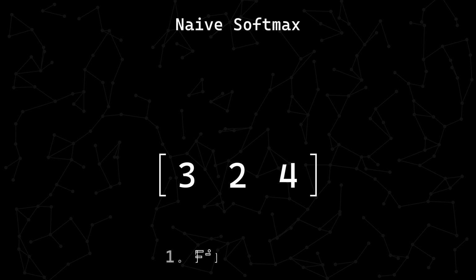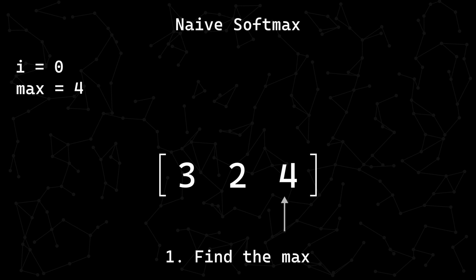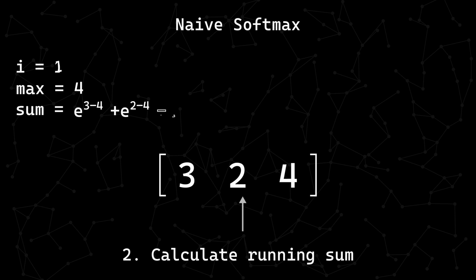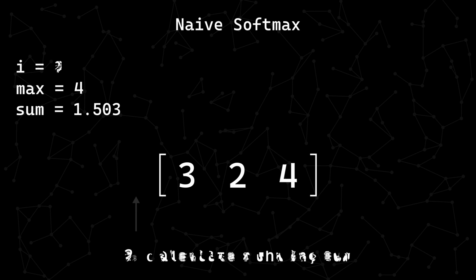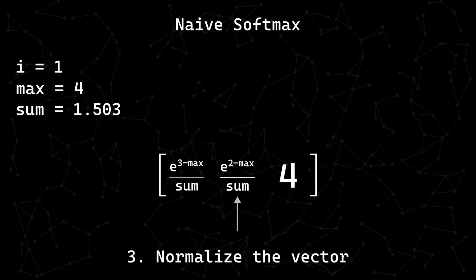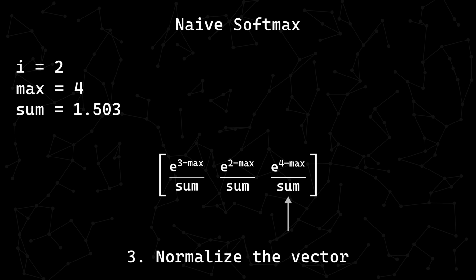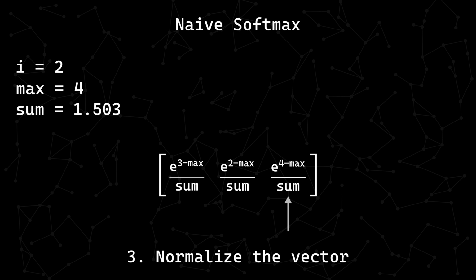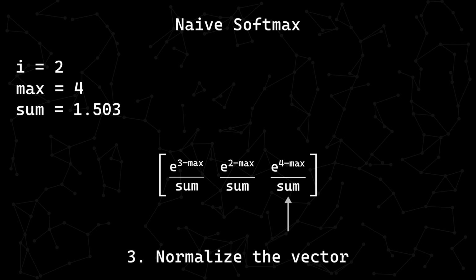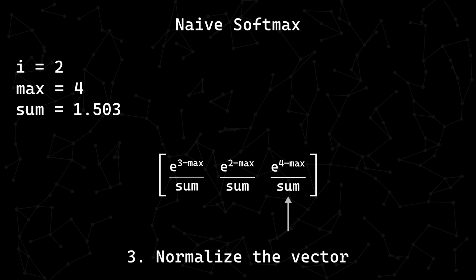So a naive implementation of this new formula requires 3 passes of our input data. 1 to get the max of the input vector, 2nd to calculate the sum in the denominator, which requires us knowing the max, and 3rd to actually divide each element by the calculated sum. This is not good. Obviously, for really small input vectors, the entire thing would fit in our faster cache. But remember that in machine learning, scale is everything, which means each separate pass over our data would require going all the way back to HBM in order to fetch evicted values.